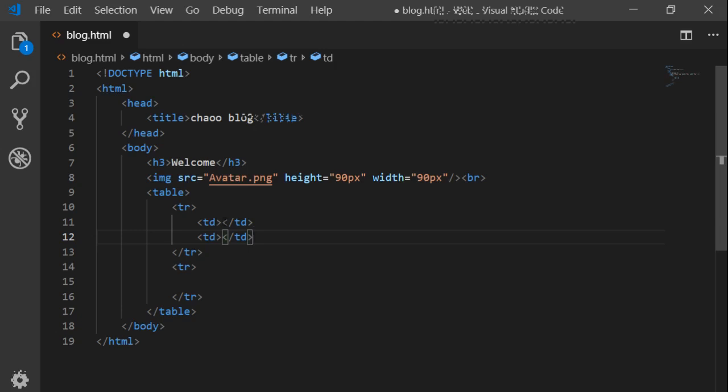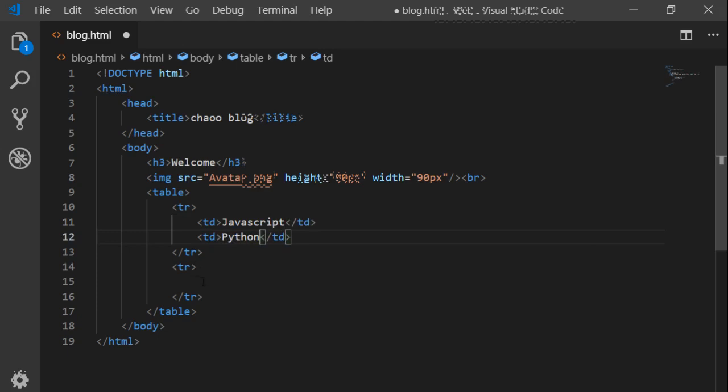So the td tag can hold other HTML elements like a paragraph, a heading, an image, just any, or you can just include data like text. So I'm just going to include text here. I can say I'm going to use something random like JavaScript. Here I can include Python,